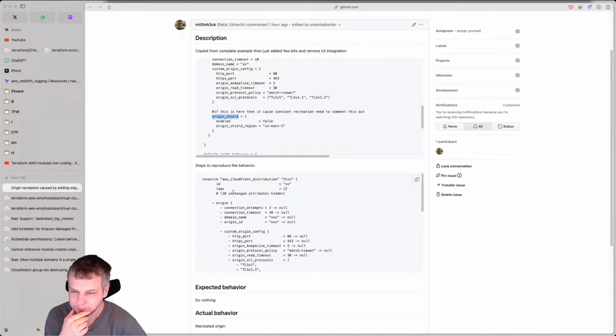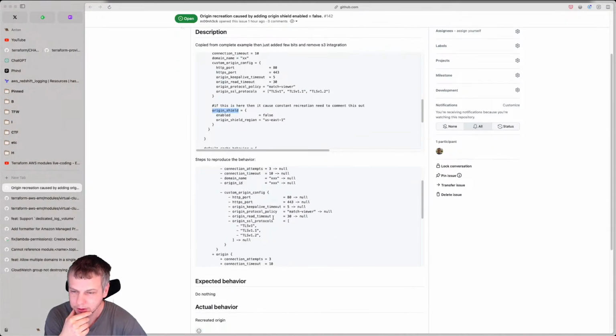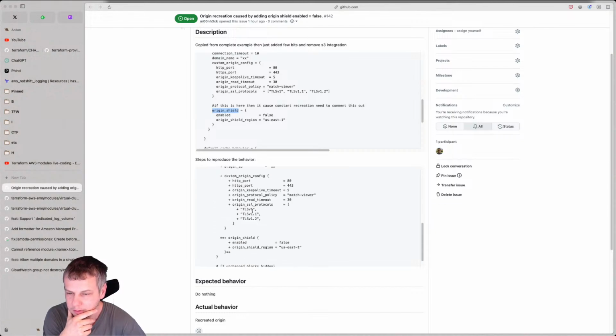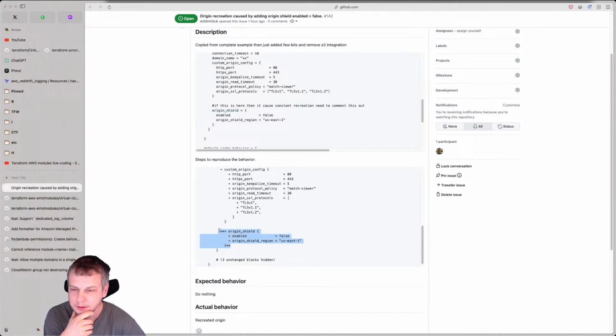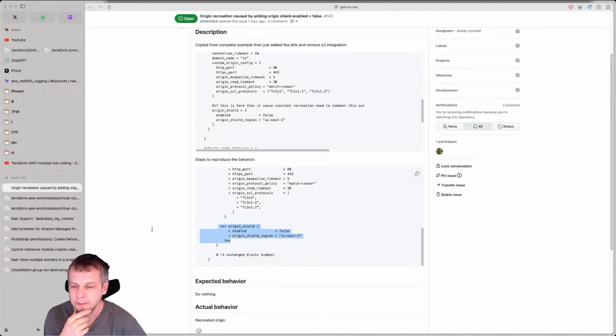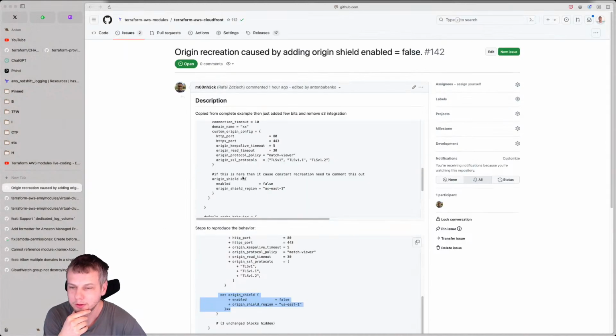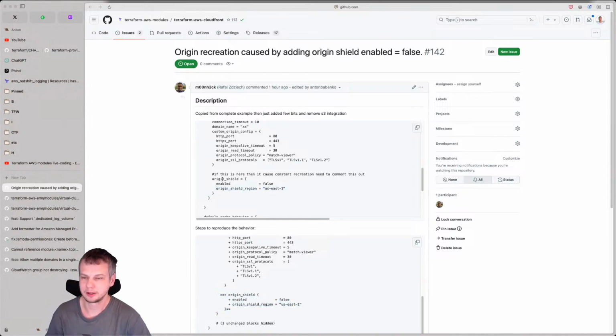Origin, custom origin, yes, this one. Okay. So it seems like when you add origin shield, then there is a bug.